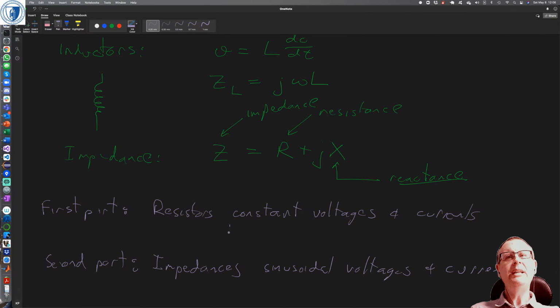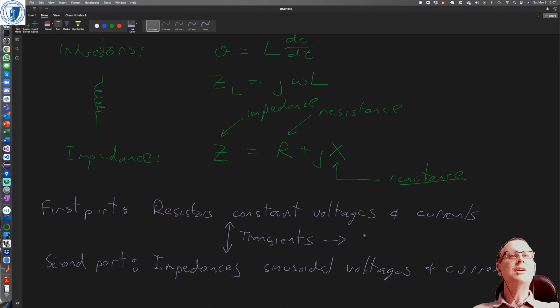So in between those two things is transients. Again, because of those differential equations, and I'm only talking about either resistive inductive circuits or resistive capacitive circuits,